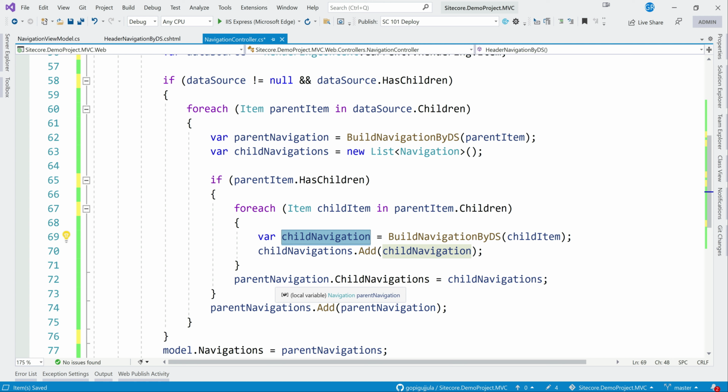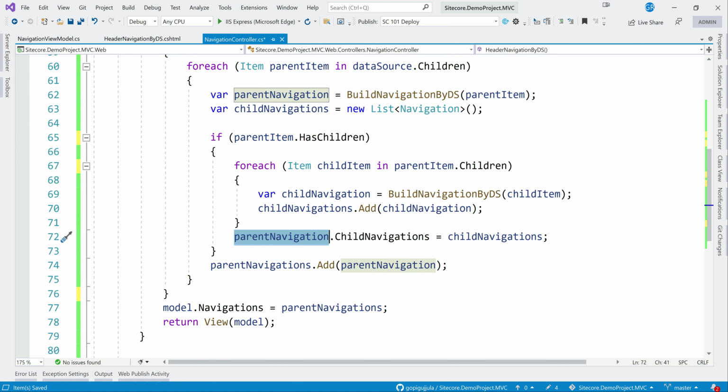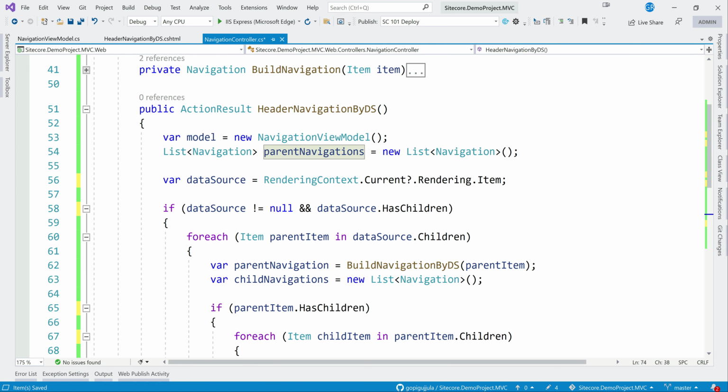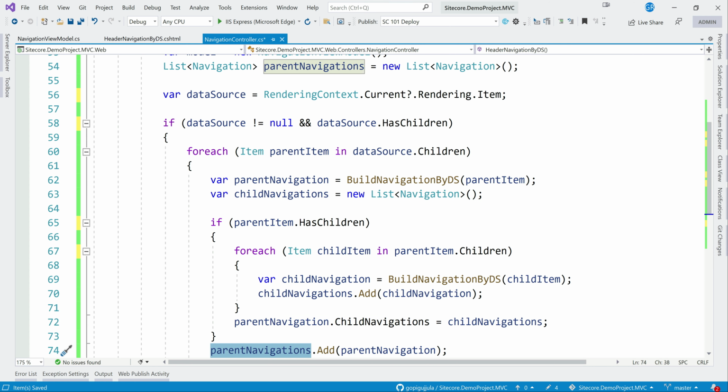Then finally this parent navigation will have the navigation title, link and active class, as well as its sub children, which is child navigations. Then overall this parent item is one navigation that we need to add to the main parent navigations. So this can go on and it will loop through and finish. So from here we are done.